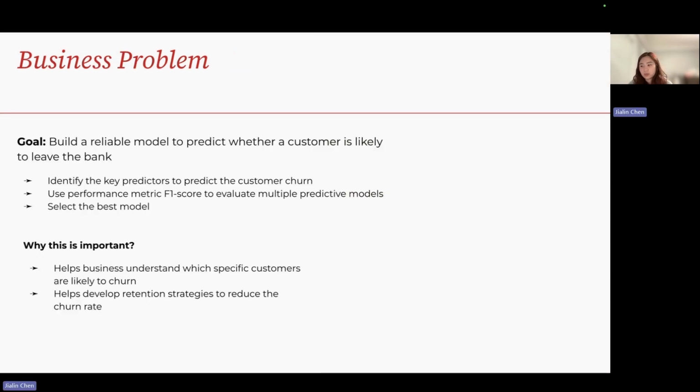And the goal of this project is to build a strong model that can predict whether a customer is likely to leave or not. To do this, I will identify the key variables that influence the predictions, and I will test several different models and compare their performance using the F1 score. It is very helpful for imbalanced data sets, as well as for selecting the best model. And this is important because it can help the business understand exactly which specific customers are at risk of